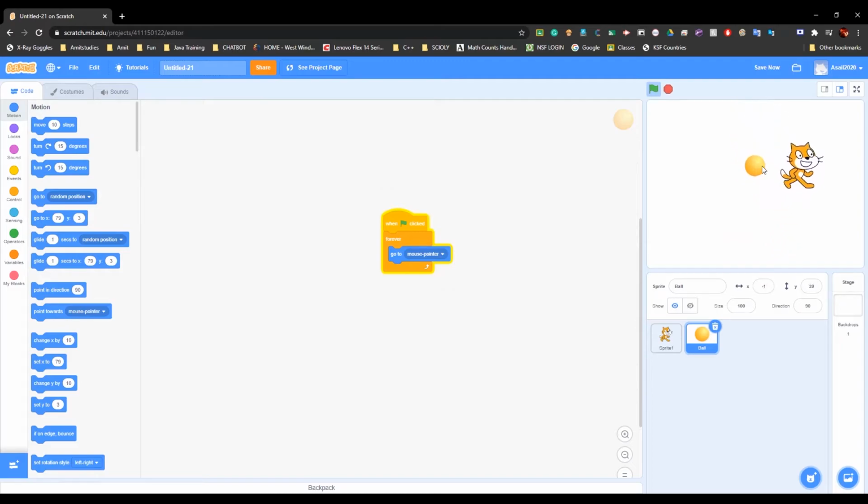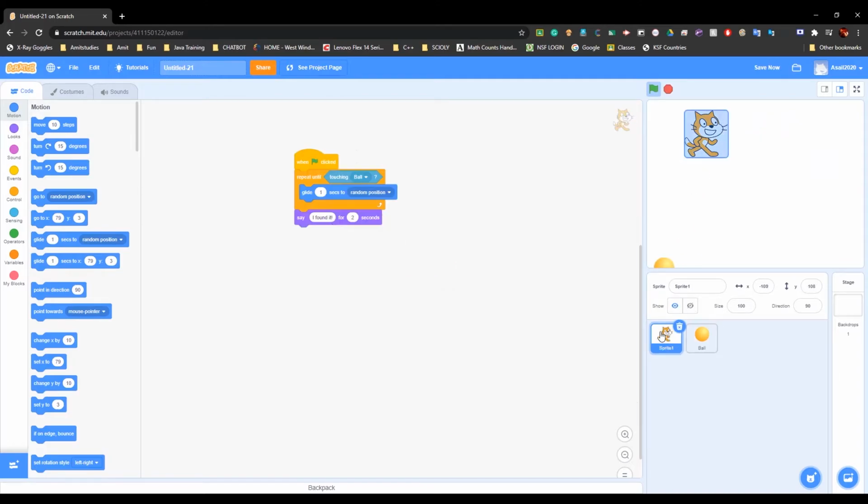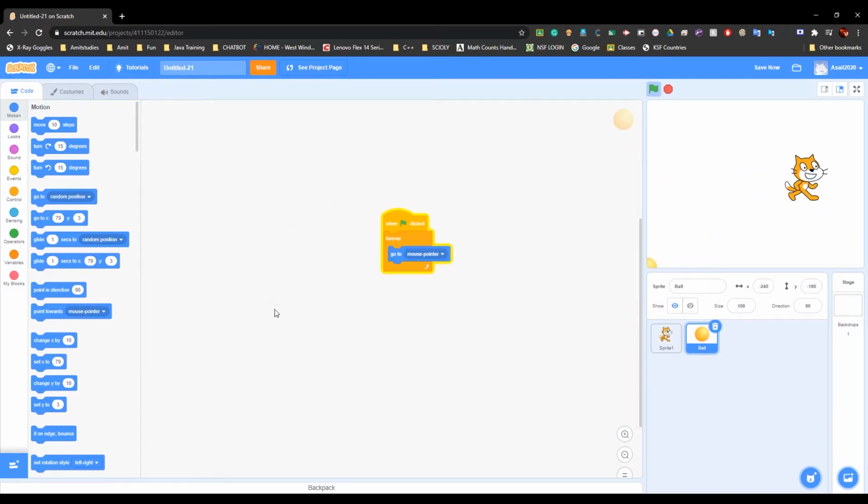Now, if I try to touch Scratchy with the mouse, you have this: I found it. Now, of course, we can make this harder by saying 0.1 second. It's very hard to get a hold on him. See? Now, another way we can do this is, what if Scratchy is supposed